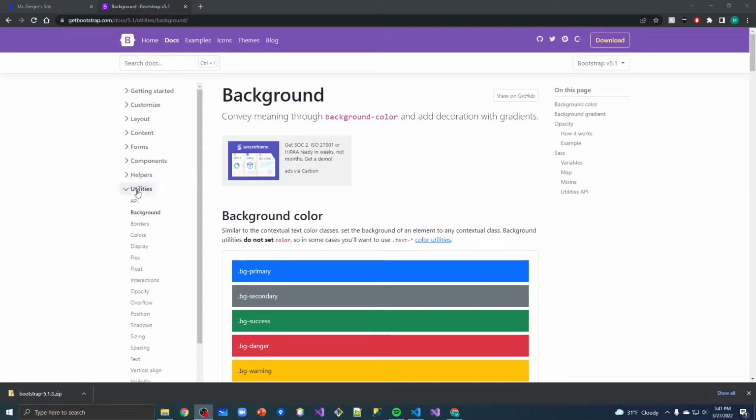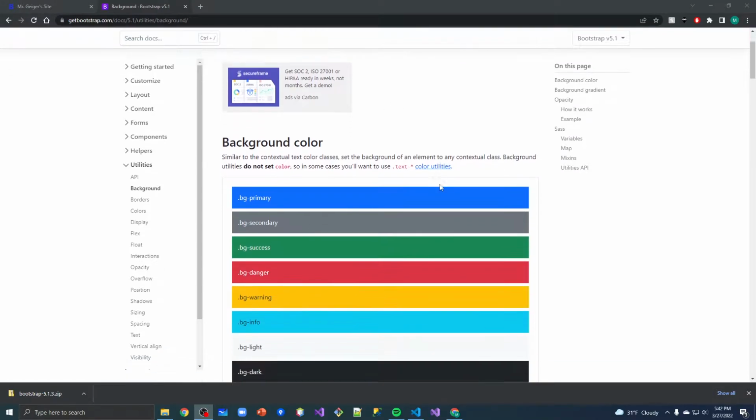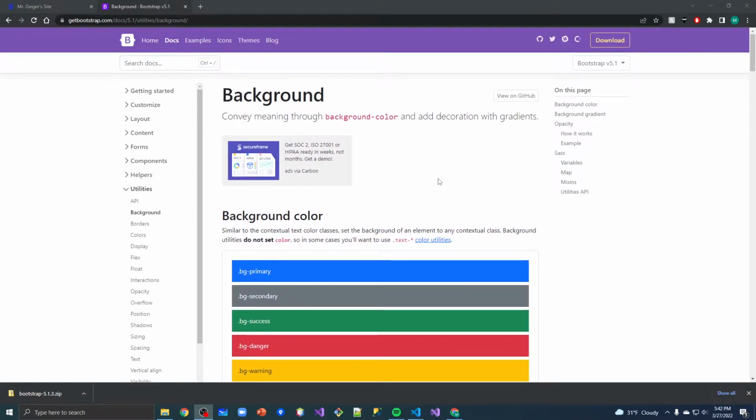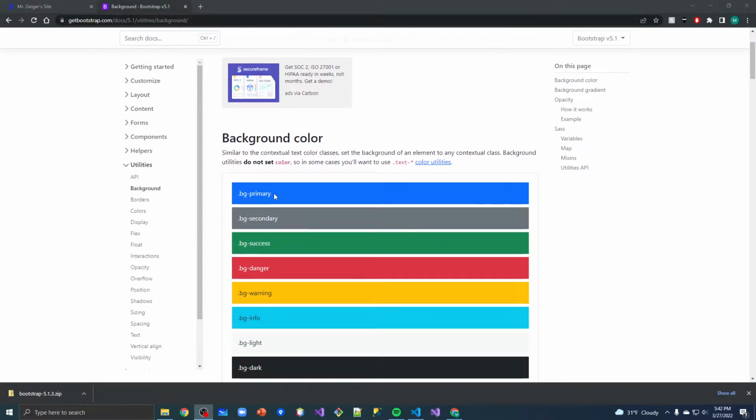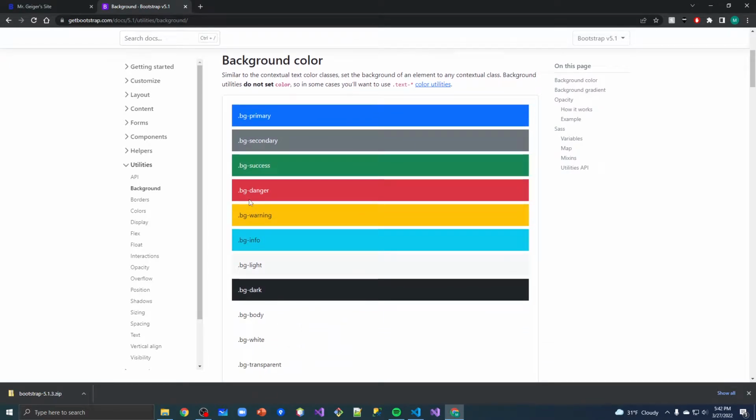All right, let's take a quick trip through the utility section. Again, I'm not going to do a bunch of examples, but I'm just going to show you some of the things that are there. If we want to change our background colors, BG-primary, BG-secondary, so all the backgrounds, if you want to do colors for your backgrounds for different sections of your website,